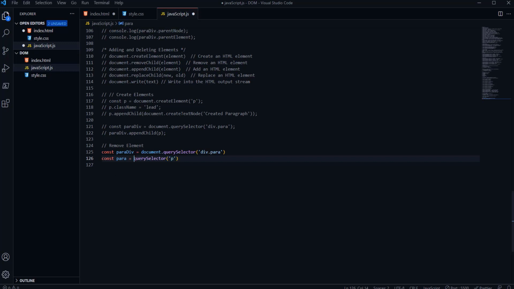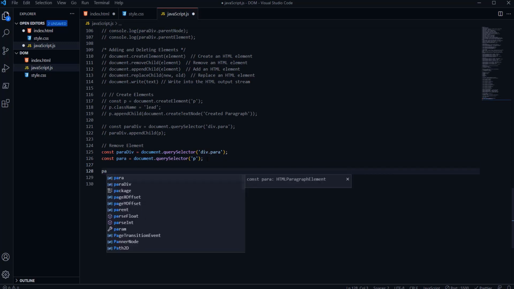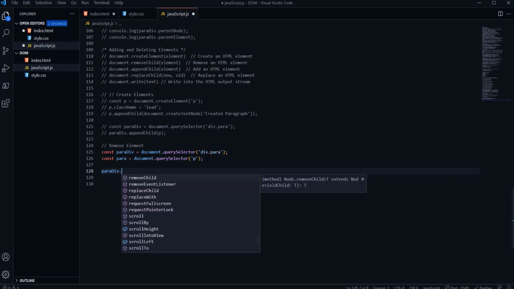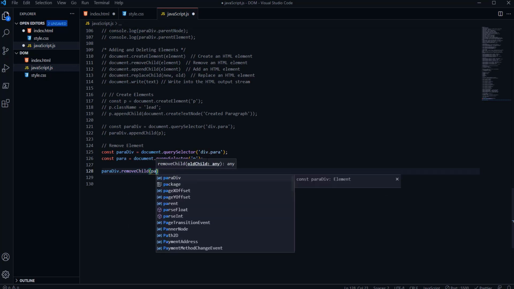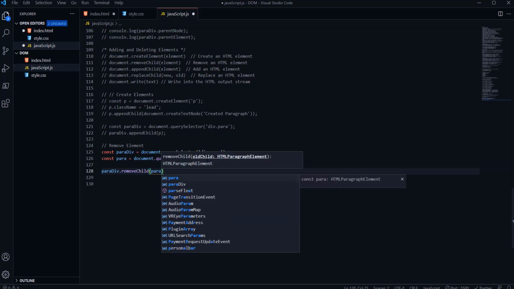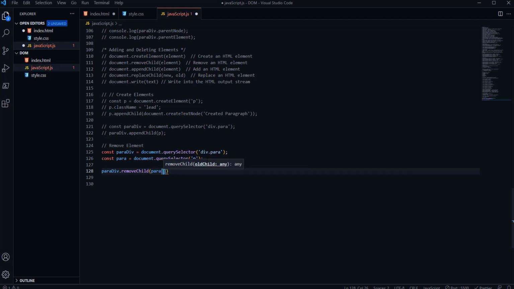Sorry, we have to get document. We already assigned our paragraph, so we're going to use this one, with div dot remove child. What should we remove? So now I wish to remove the second index of div. When we save,